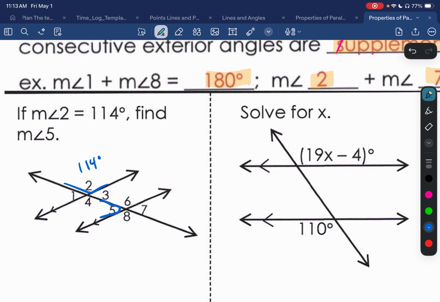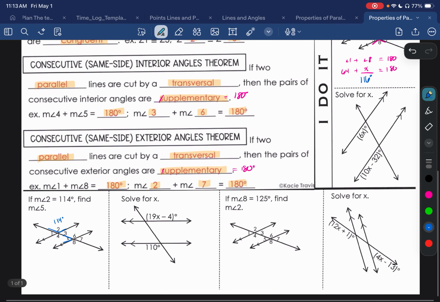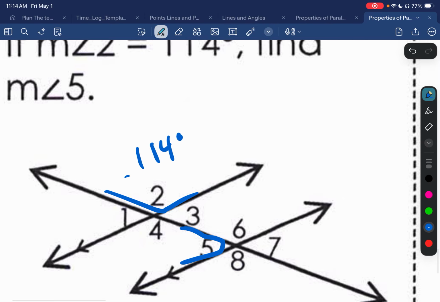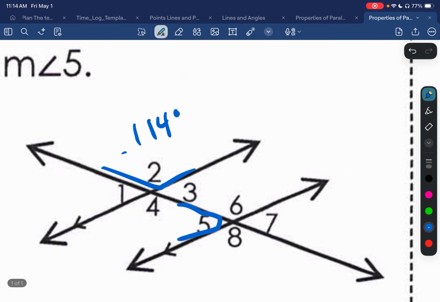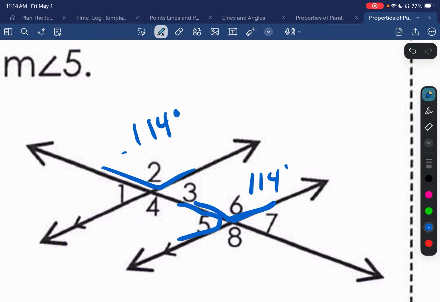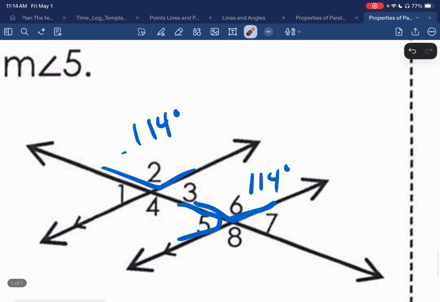Well, let's figure out what's the relationship. Right now, based off the notes we have, there's not a direct relationship between angle 2 and angle 5. But there's a few things we do know. We know that if angle 2 is 114, then the corresponding angle, angle 6, has to be 114, right? Because I can take this angle right here, slide that bad boy down, and it matches. Okay? And if we know that matches, we also know that